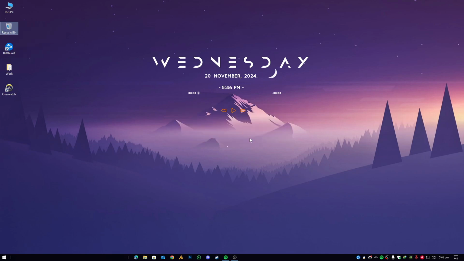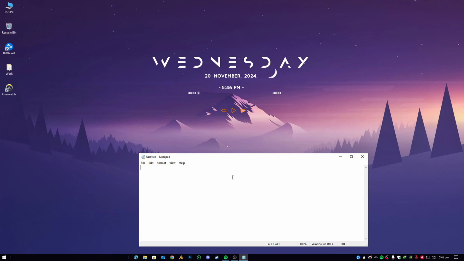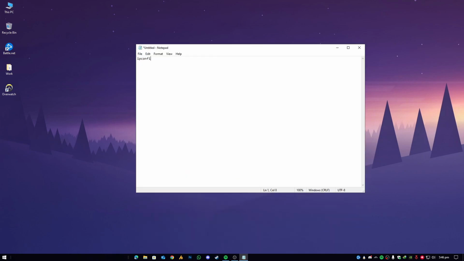Now a few last steps you can apply before updating your operating system manually. The same commands, I will provide each and everything in the description step by step. A few commands that we are gonna use here. Just open your notepad, and then first you need to type here ipconfig /release, enter, ipconfig /renew, ipconfig /flushdns, ipconfig /registerdns. These are the internet related commands, right? Now again hit enter, and now you need to type here net